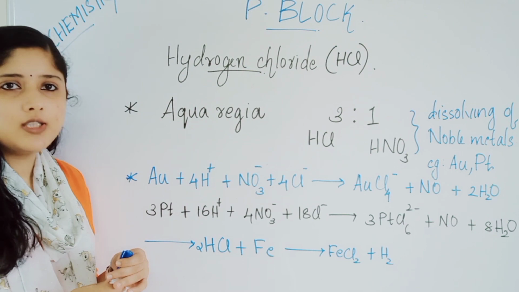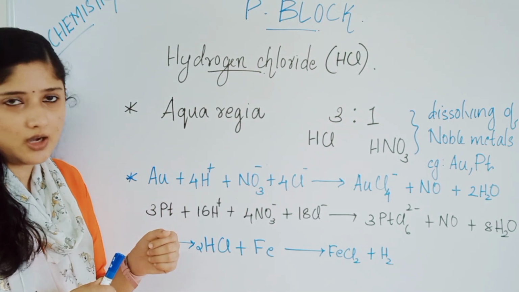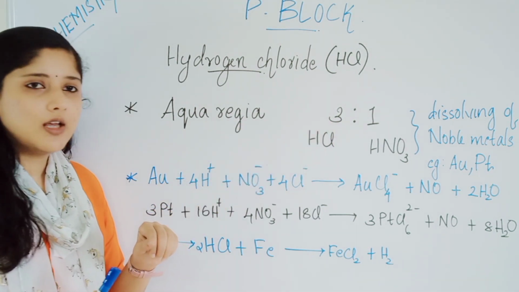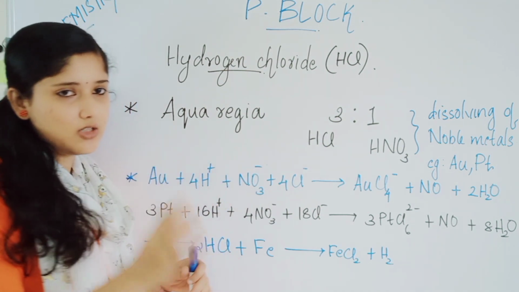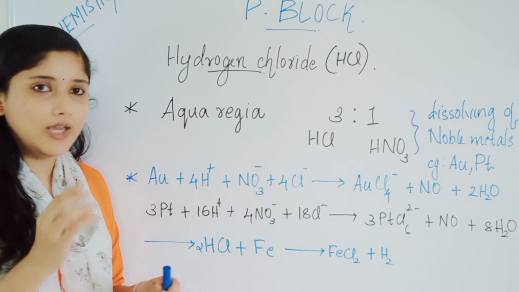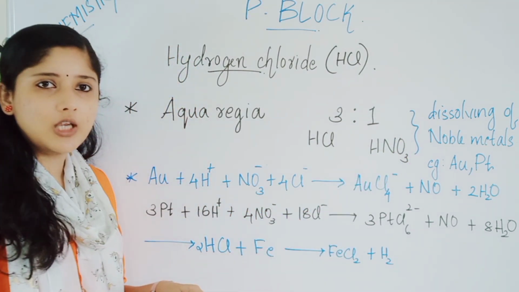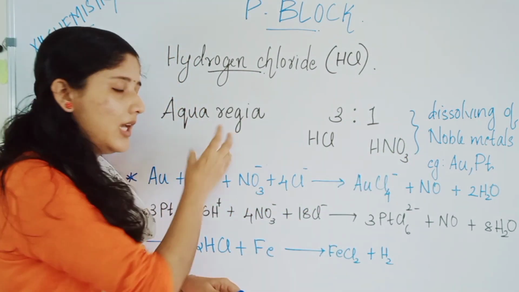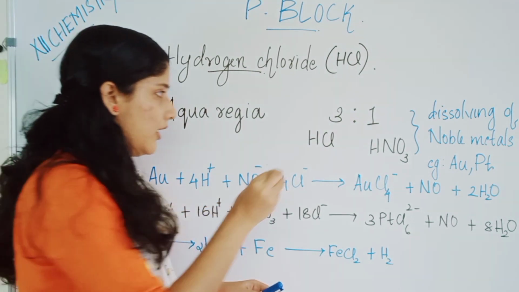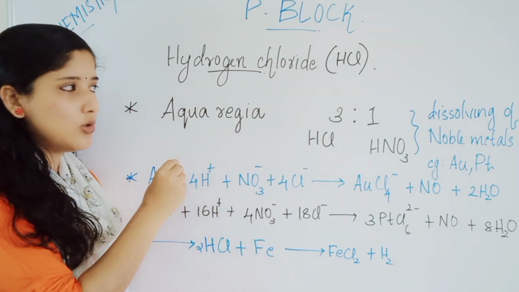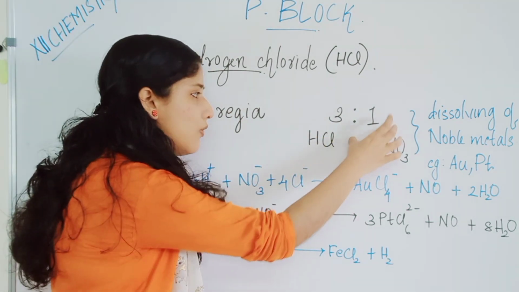An important point: aqua regia. You may have already heard about the solution aqua regia. It is a 3:1 composition of HCl and HNO3. When making aqua regia solution, you should take 3 parts of HCl combined with 1 part of HNO3. You will obtain the solution aqua regia. Any amount you can prepare, but the ratio should be about 3:1.